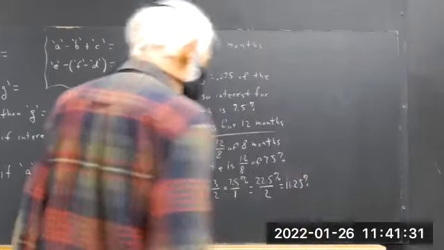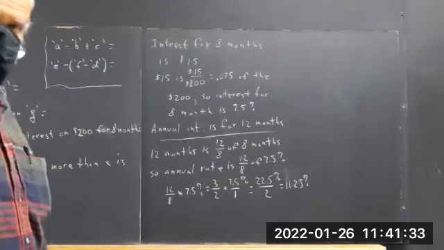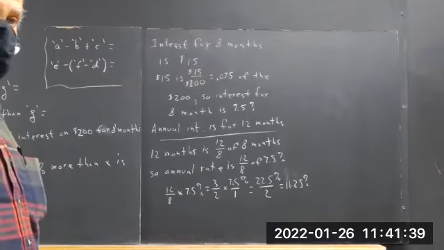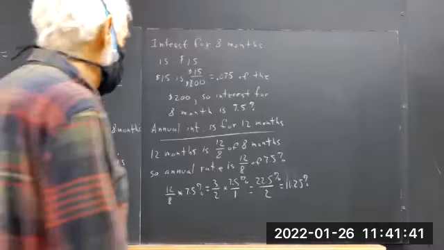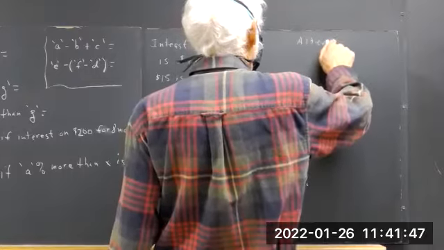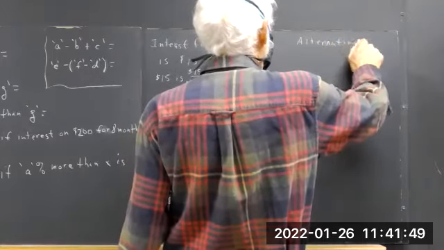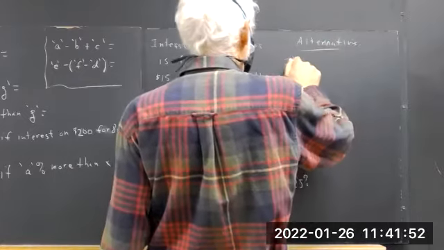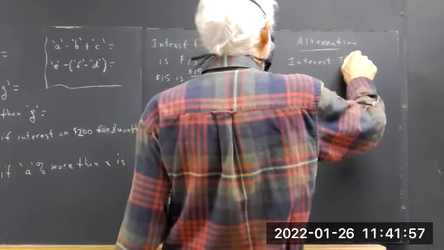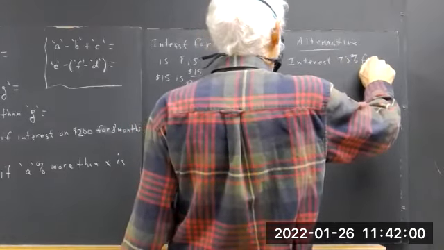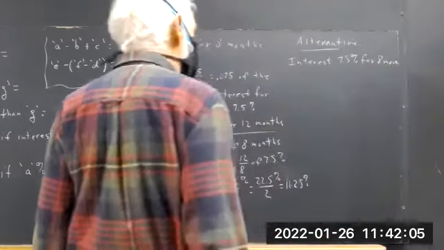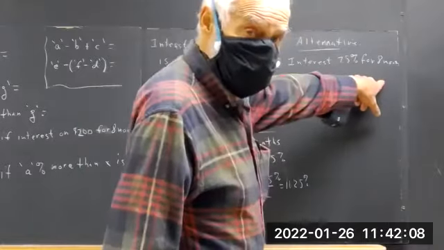11.25%. That's one way to do it, okay? Now, another way to do it: that word there, you can't read as months. 7.5% for 8 months